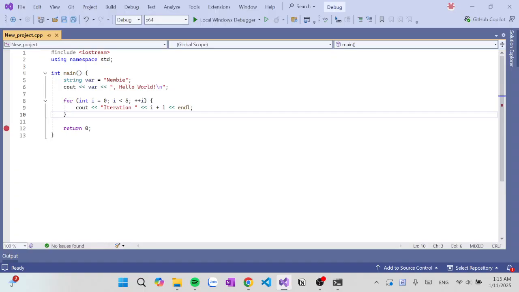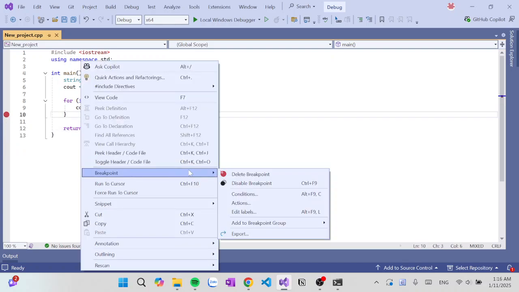And the last way is to click on the space on the left margin of the line. You see this gray circle here. I click on it and it immediately becomes a breakpoint. So setting a breakpoint is really easy. And to delete the breakpoint, you can simply click on it to delete it, or you can right click Breakpoint and Delete Breakpoint.